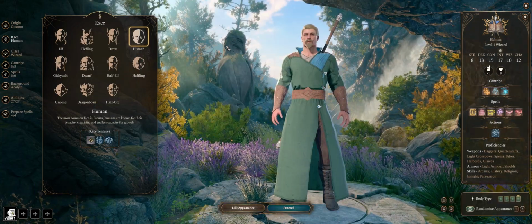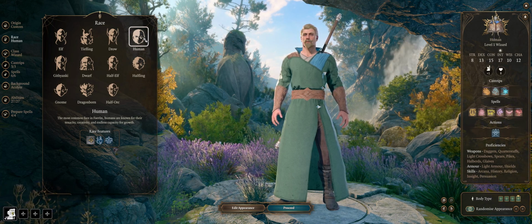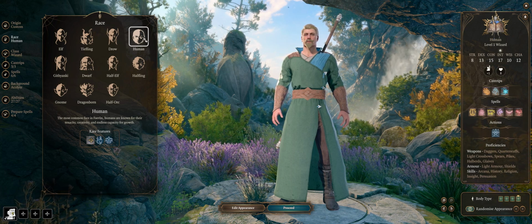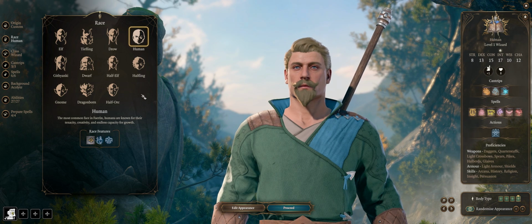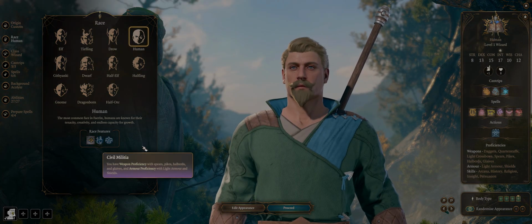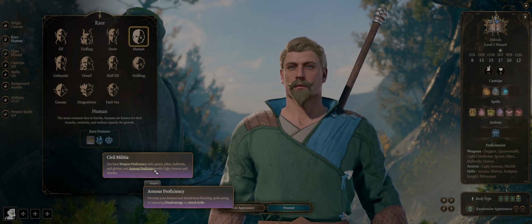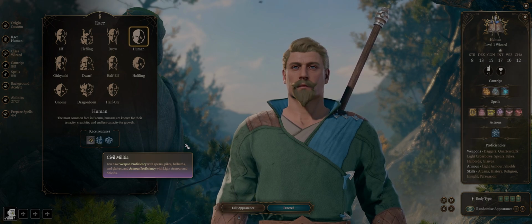When it comes to race, human is actually my preferred choice for a wizard. For once, right? Even if humans aren't the best race, as they were in the previous editions of D&D and Pathfinder, they're still quite handy for a wizard or caster because, through the Civil Militia racial passive, you'll get both light armor and shield proficiency for free, which means you can also cast spells under these types of armor without